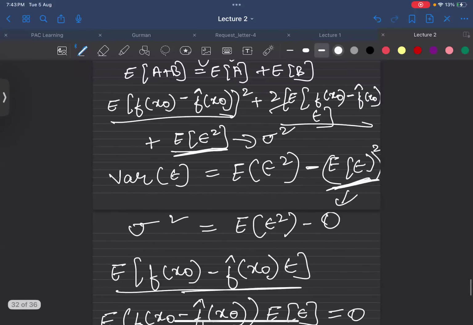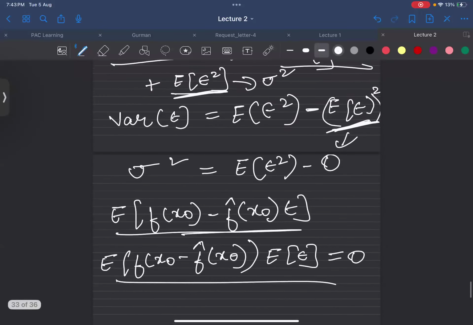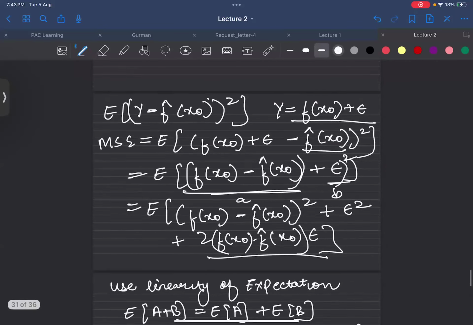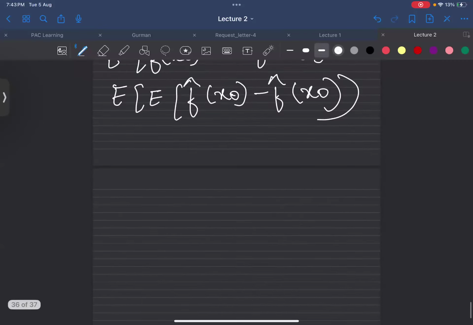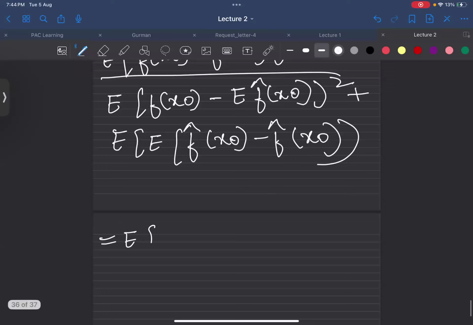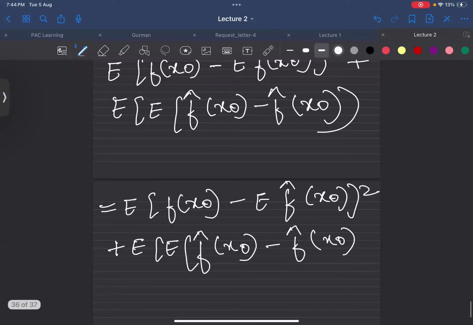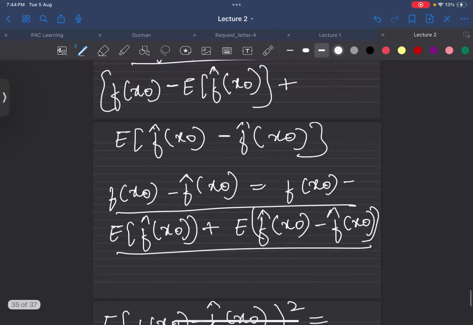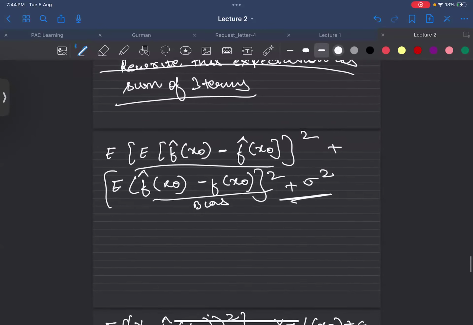So here we started. We took the three values. One was equal to 0, as we have seen. This one was equal to 0. The last one was equal to sigma square, as we saw, and the first one we derived. Is it clear? Now can I write this same value: the expectation of f(x0) minus the expectation of f bar(x0), squared, plus the expectation of f bar(x0)... One was equal to 0, the middle value we have done, and the last value was sigma square. This was only what the professor has told. Am I correct?